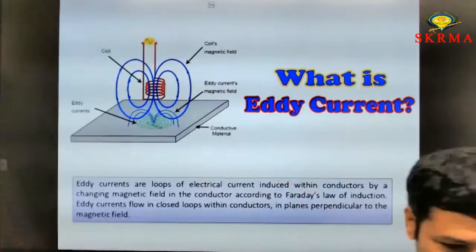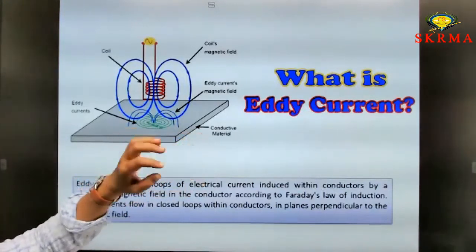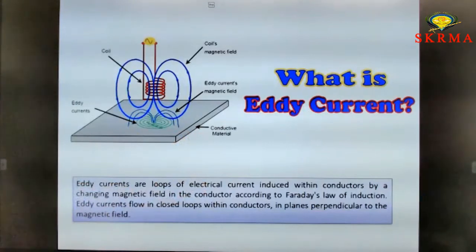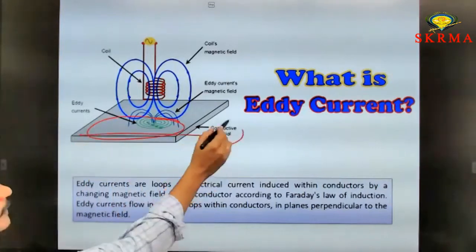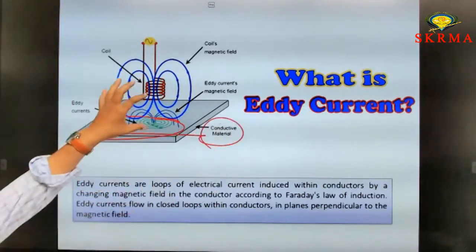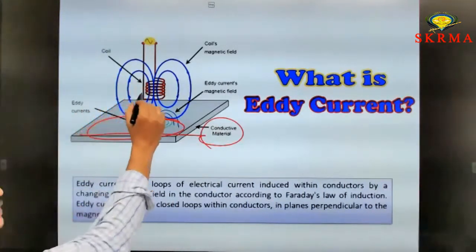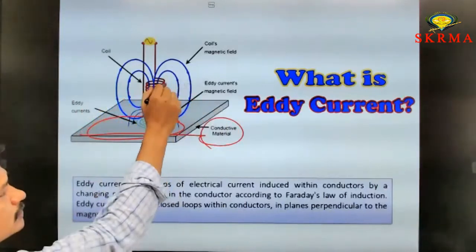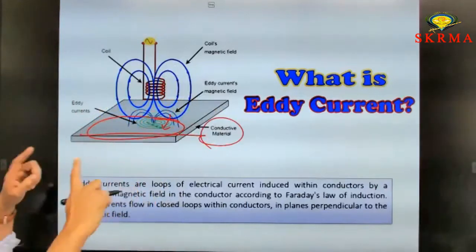The concept here is eddy currents. What are eddy currents? Eddy currents are produced inside the conductor. An eddy is nothing but a whirlpool, a circular ring pattern. The currents are produced inside the conducting material due to the flux linked with this coil. Whenever an EMF is induced due to the flux, it causes eddy currents inside the conducting material.